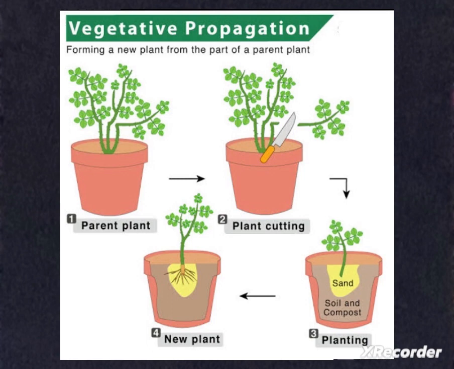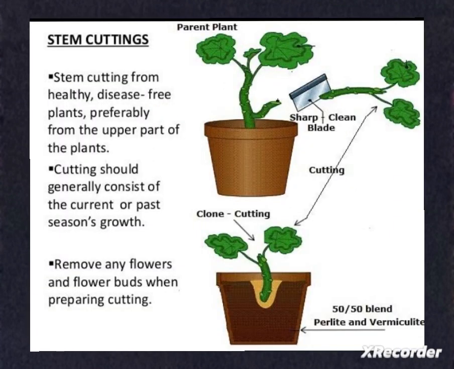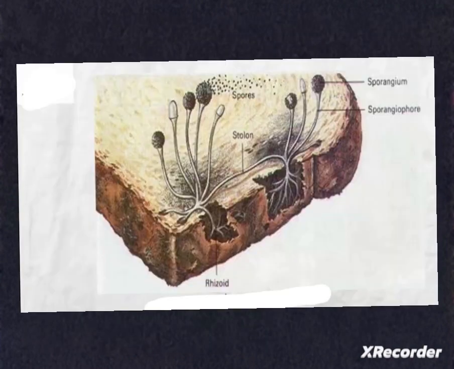Next, coming to vegetative propagation. It's a form of asexual reproduction occurring in plants in which a new plant grows from a fragment or cutting of a parent plant like roots, stem and leaves under appropriate conditions. Plants raised by vegetative propagation bear flowers and fruits earlier than those produced from seeds. Another advantage of this method is that all plants produced are genetically similar to the parent plant and have all the characteristics.